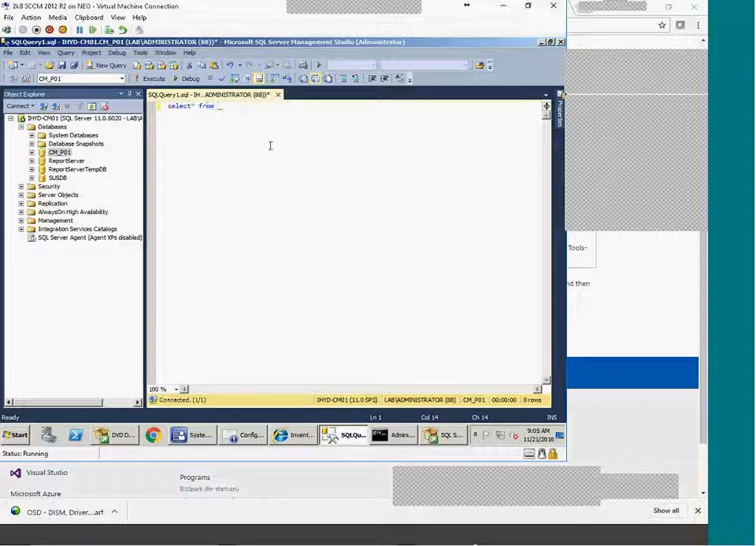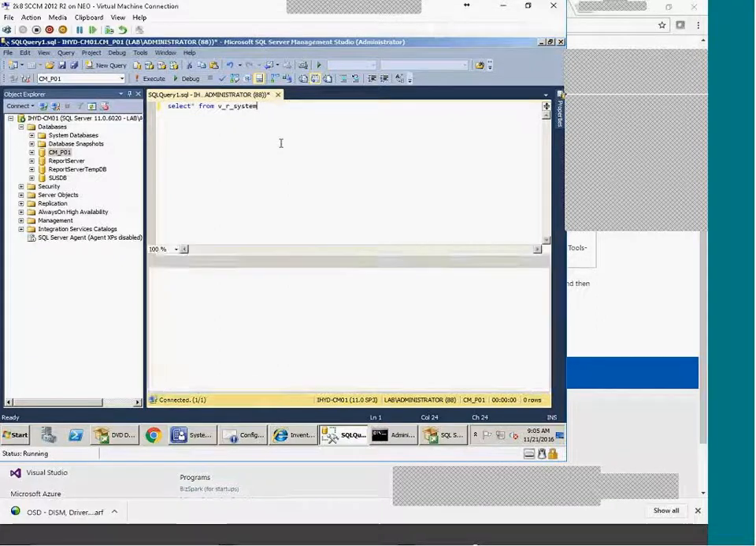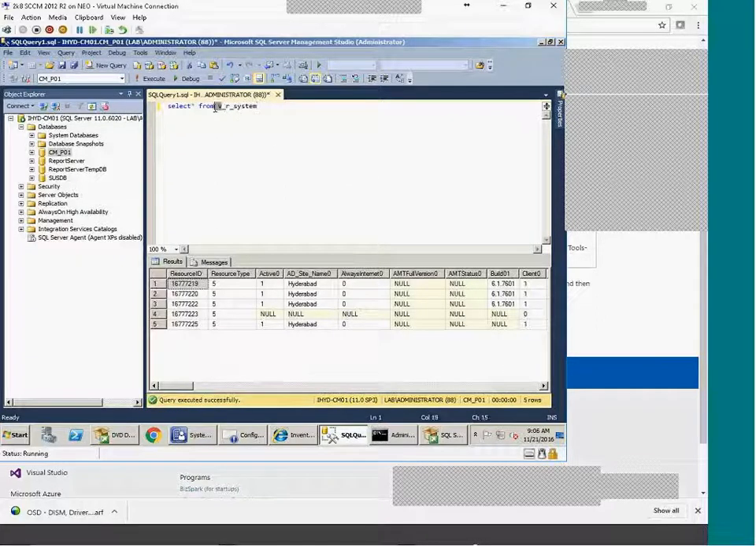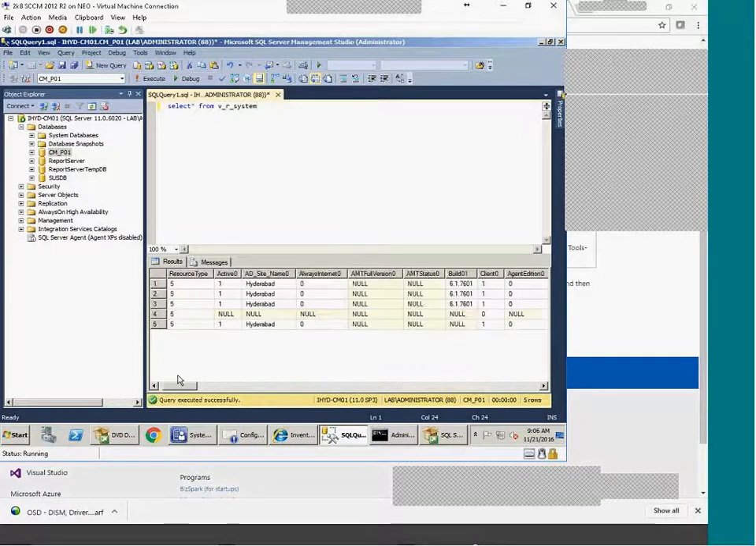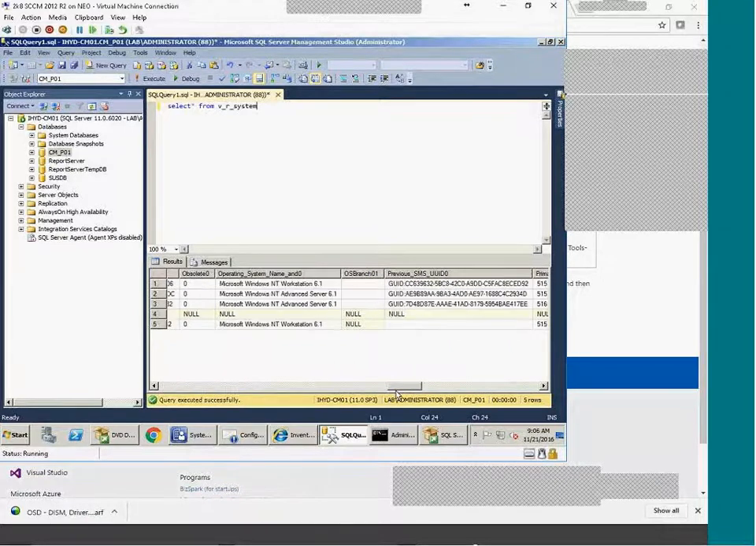After that, for example, if this is v underscore r underscore system, System is the table name, right? V stands for view. A view is a combination of multiple tables, like what you see on your mirror. Similarly, it is a combination of multiple tables structured in a proper way, in a view. If you want just the information from